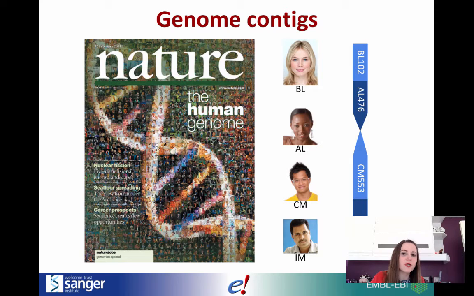Another thing to remember about genome assemblies is that because we're cutting up genomes from real individuals, every piece of the genome is part of a real human or animal or plant or whatever it might be. So the human genome is made up of chunks of genome put together from a number of different people, and they've all got accession numbers, whereas other genomes, for example, the cat genome, is all made up of one cat, which happens to be named Cinnamon.